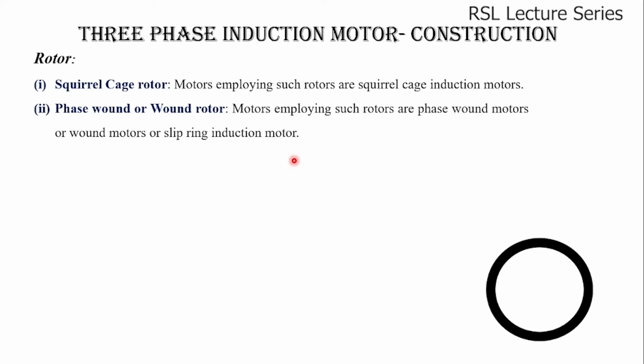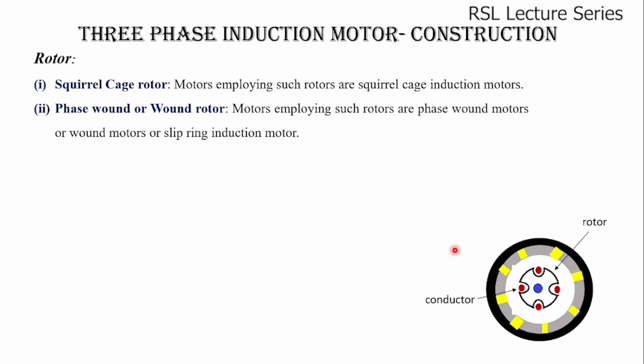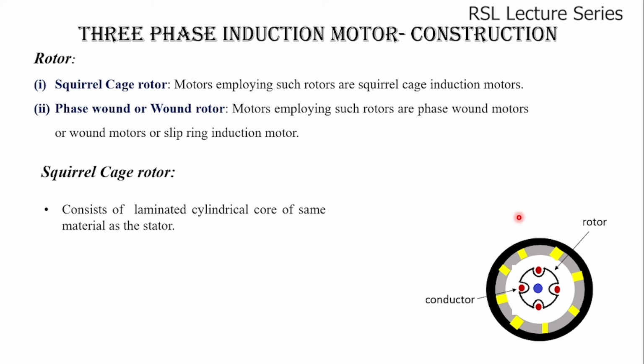Okay, so this is a frame and this is a stator core. Now this is the rotor. The rotor is also cylindrical in shape. It consists of rotor conductors and a rotor frame with slots. Inside the slots, rotor conductors are placed, and both the stator and the rotor are mounted on the same shaft. So this is the shaft. It consists of a laminated cylindrical core, and it is also made up of steel.